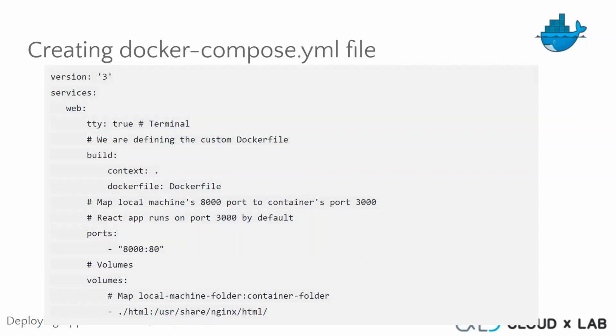The volumes key mounts the HTML directory on the local machine onto /usr/share/nginx/html inside the container, allowing you to modify the code on the fly without having to rebuild the image. We have already discussed that /usr/share/nginx/html is the default place referred to by the Nginx server for HTML files to be served. So if we make any changes to HTML files in the local system, those changes will be reflected in the container too because of this mapping. Thus, this method removes the heavy task of rebuilding images if any changes are made.